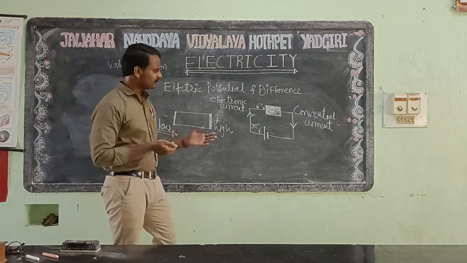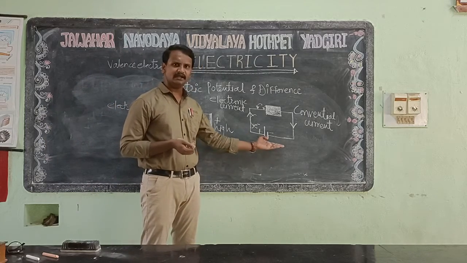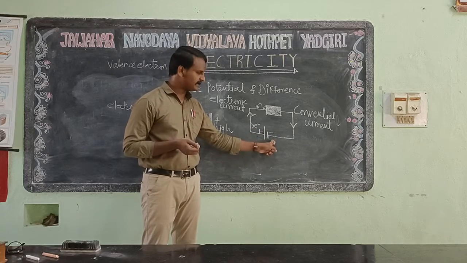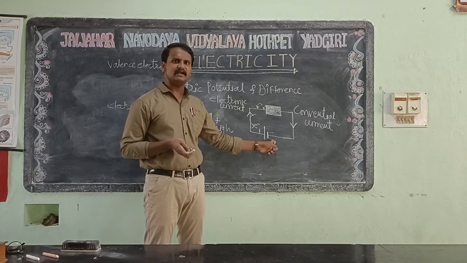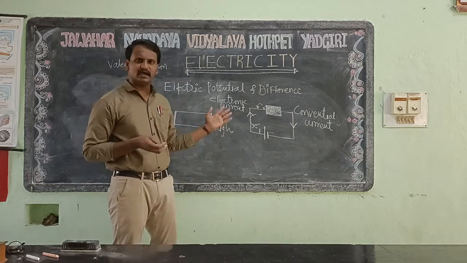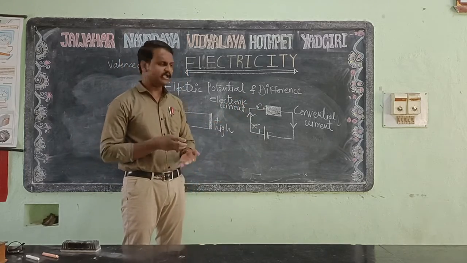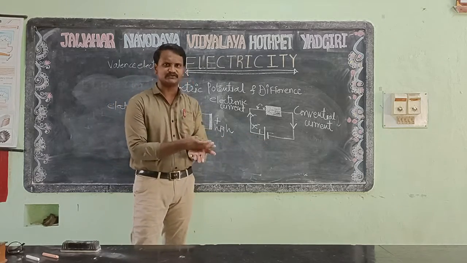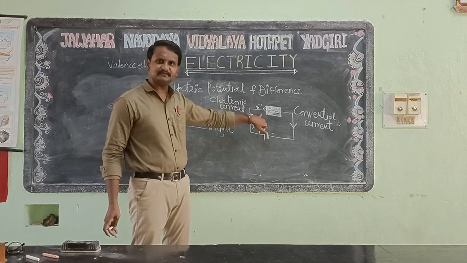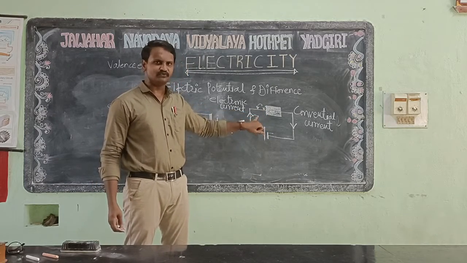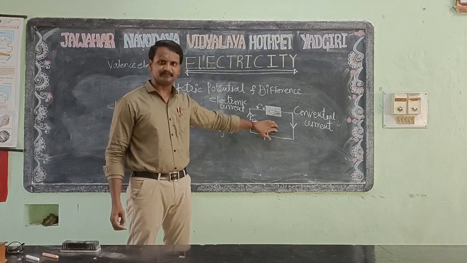Okay. Now we are creating a potential difference from one point to another point. Here we are creating a positive terminal, high potential, and here a low potential, due to which the electrons can flow from one part to another part. So we are applying a potential difference, meaning we are applying a force in which there is a displacement of electrons from one atom to another atom. So we are doing some work.